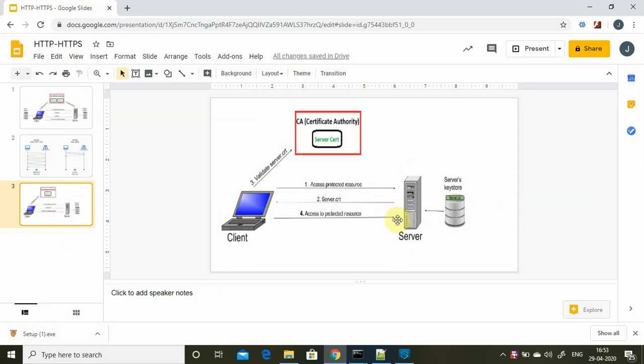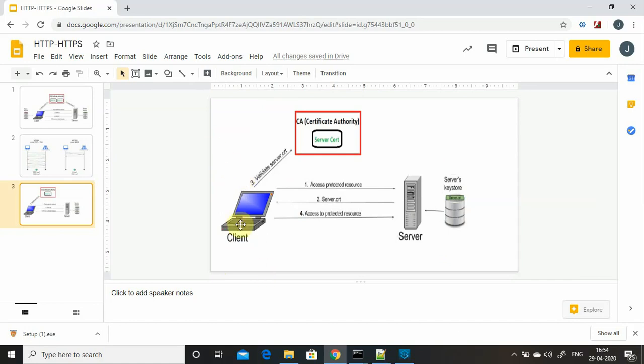In one-way SSL, there is one key store and one trust store. The client manages the trust store and the server manages the key store. The key store contains the private certificate of the server, whereas the client trust store contains the public certificate of the server.